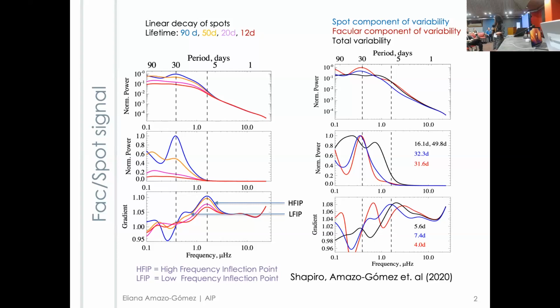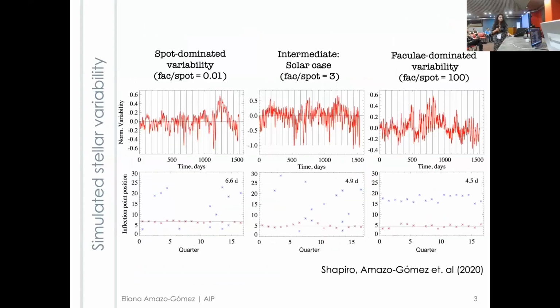But now, more important, are not just proportional to the rotation period, but we can discriminate whether we have spot-dominated light curves or facula-dominated light curves. Also, the relative amplitude difference between these 2 peaks will allow us to discriminate whether we have more facula or spots in our light curves. And here I am presenting you 3 different cases of spot-dominated variability, solar case in the middle,